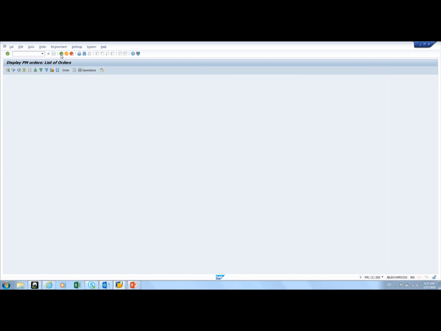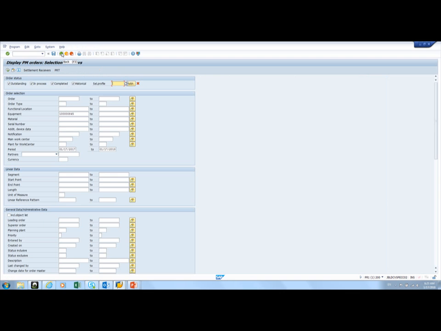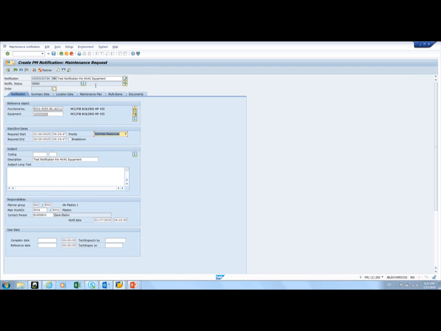Click return, the green button to go back, takes you back to IW38. Click this button again, takes you back to the notifications, and you're there. And because you haven't seen the duplicate, you can continue with your long text and develop this notification to try and communicate. And remember that when you're creating a notification, it's best if a company creates a long text template, they're called, and in the long text you should enter